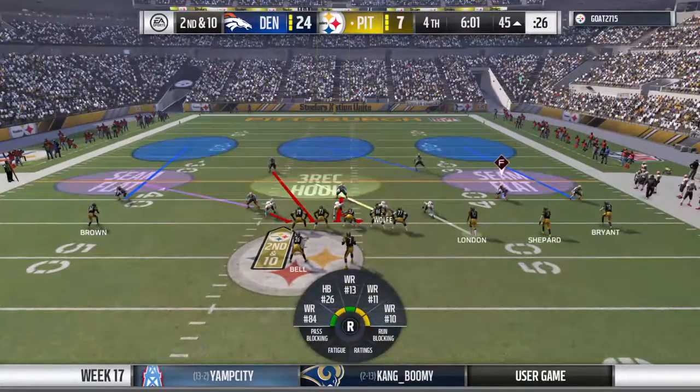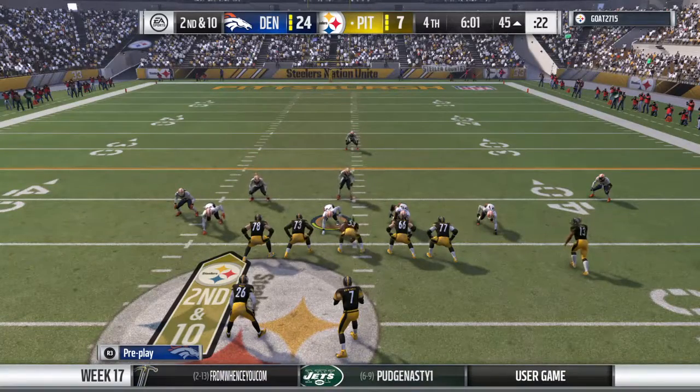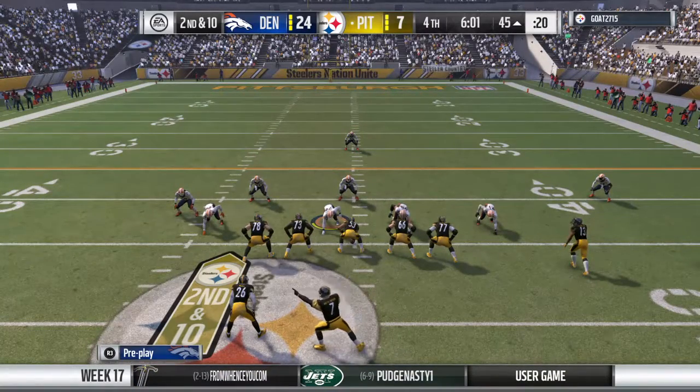Brown, the lone receiver, left. Mike 20. Mike 5-4. Mike 5-4. Mike Check 50. Check